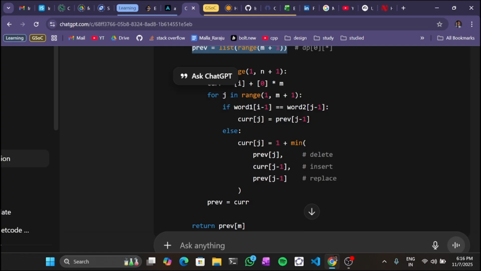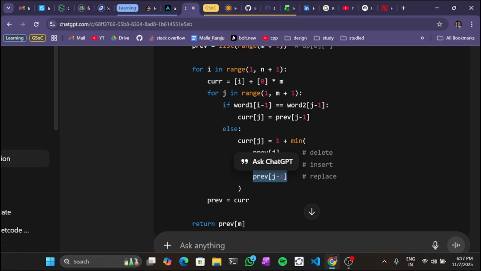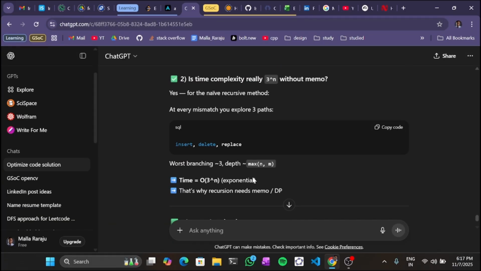So here we are checking, doing all operations. So replacing would mean